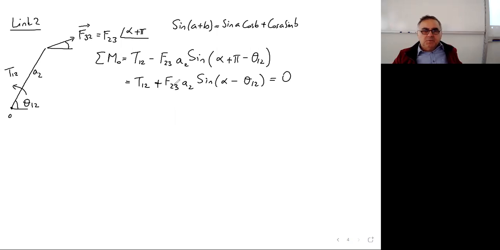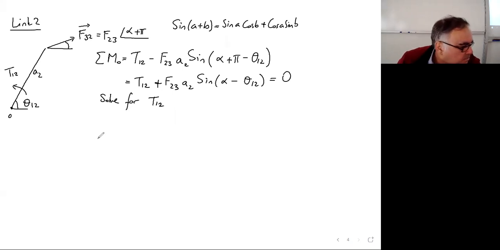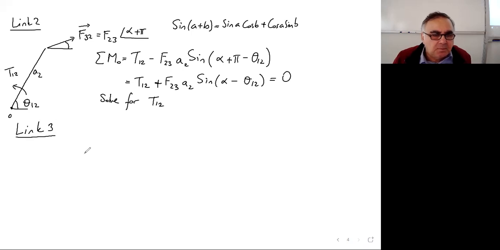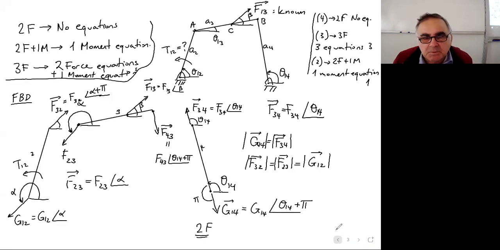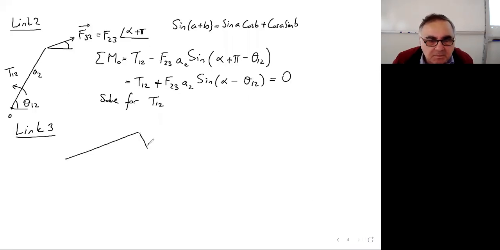This would be 0, from which you can solve for T12. Whereas for link 3, you have, as you might remember, let me just try to remember what we had. F43 downwards, something like F43, F13, like this, and we have